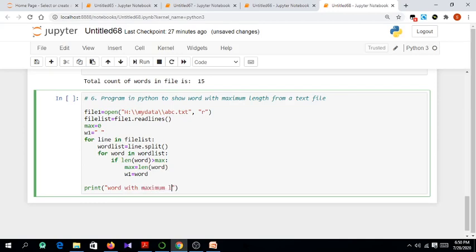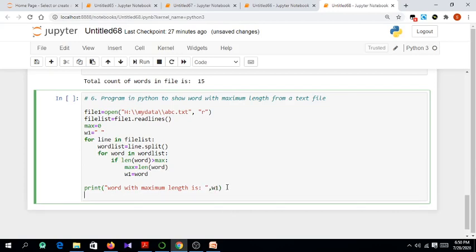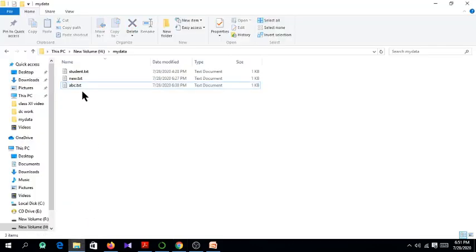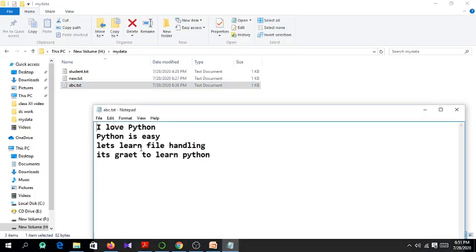the word with maximum length is, it must be w1, and let us close the file. Okay, so let us go and check our program: which word has the highest length?